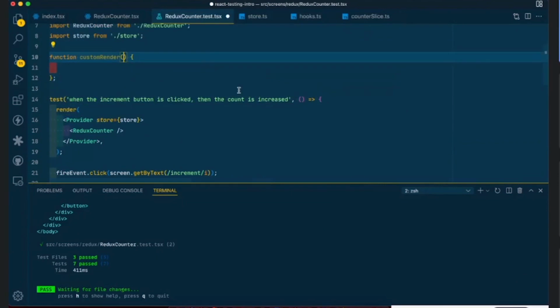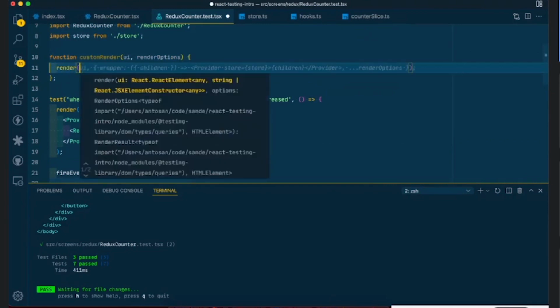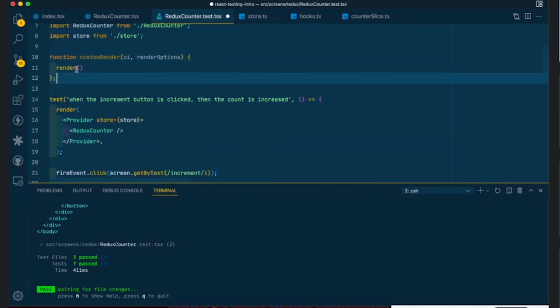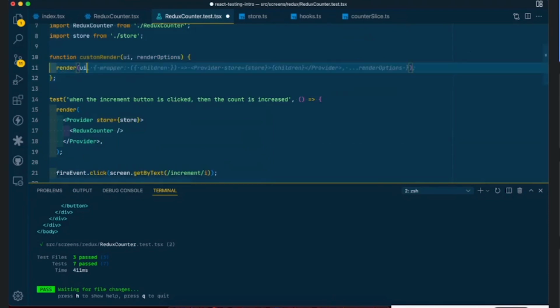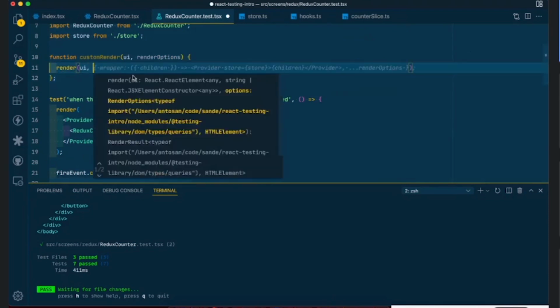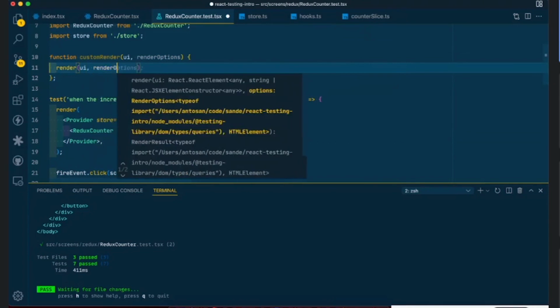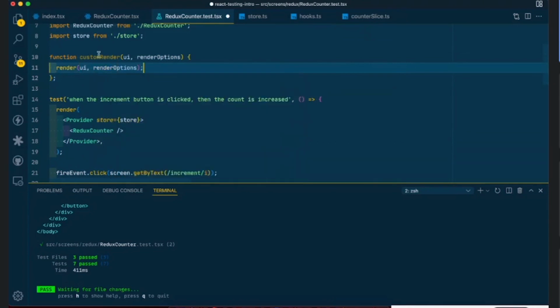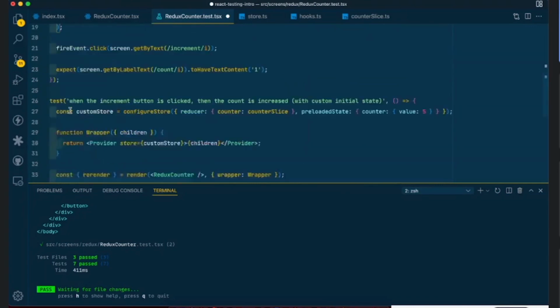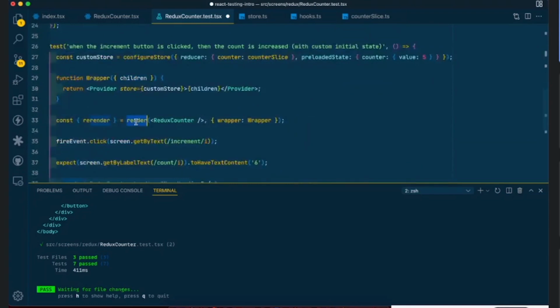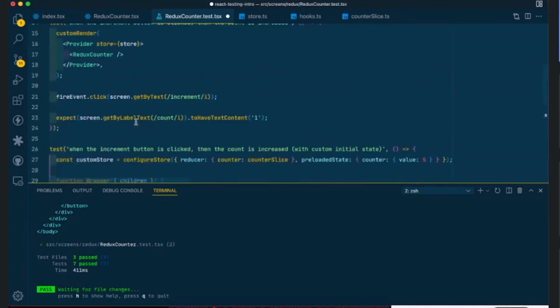So our custom render will also receive a UI as the first element and some render options as the second element. And what we do here is basically return the render from React Testing Library, and we pass in the parameters. So nothing has changed here, but now I can copy this and replace my render with a custom render also here. Yeah, so now I'm not using